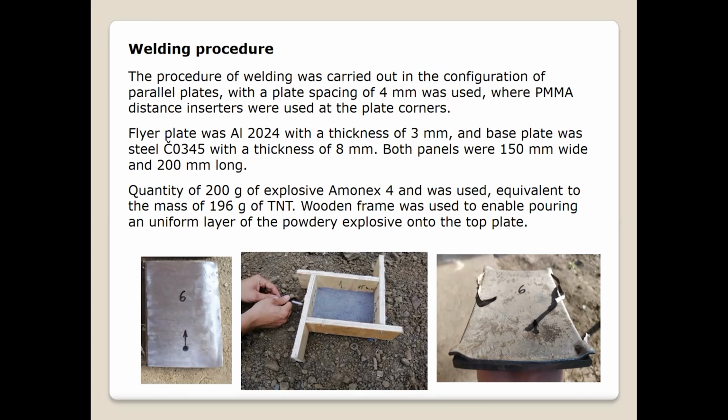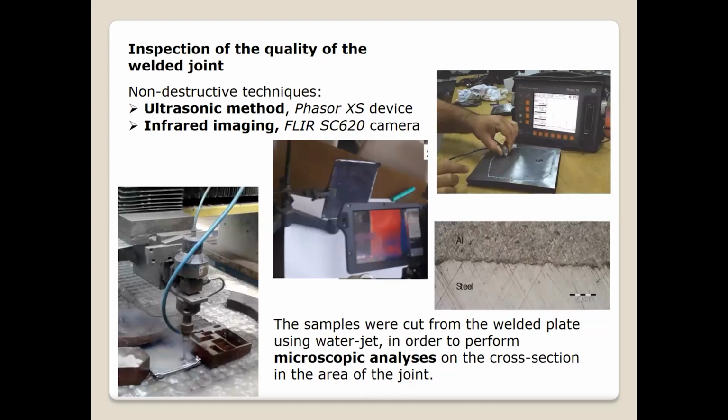standoff distance between them at 4 millimeters and activated Amonex in quantity of 200 grams above the upper plate, which is actually equivalent to 196 grams of TNT. We have used also one wooden frame to keep the Amonex explosive in place because it's a powdery consistency, so it doesn't split over. And after the welding procedure was done, we have performed several tests to inspect the quality